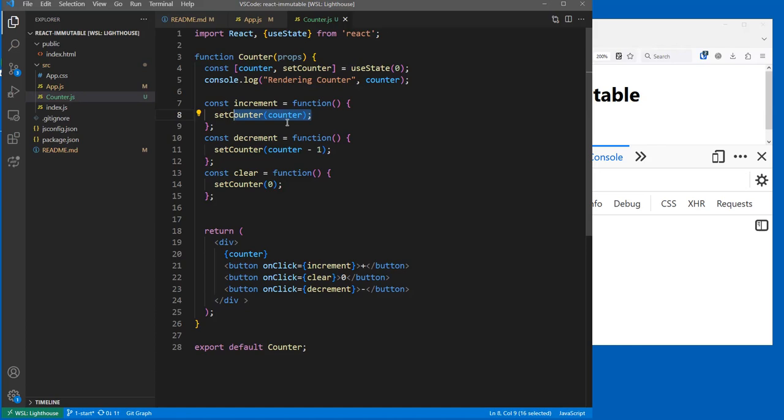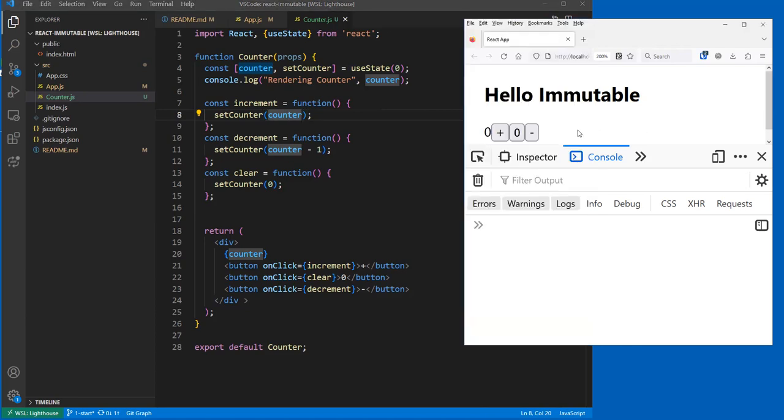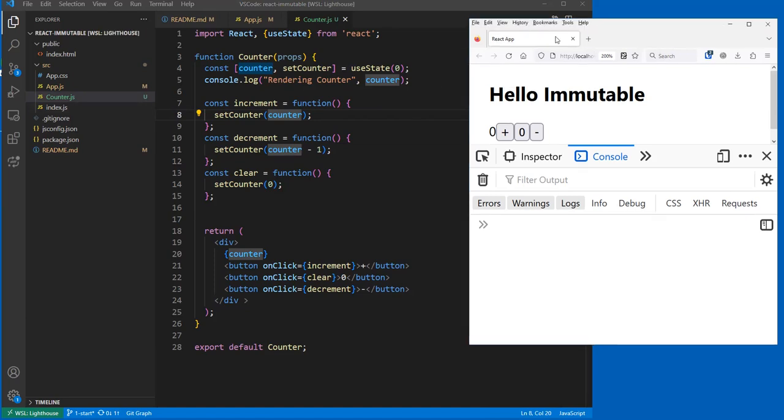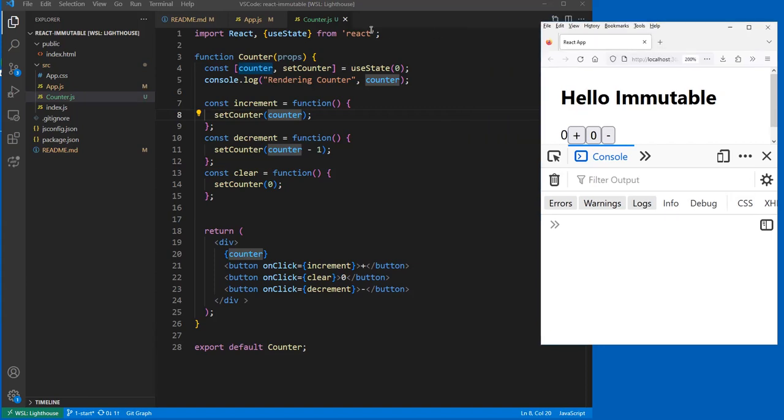Not just setting state, but a change of state. So React is smart enough to know that if you just give it the same counter, it's the same counter. I'm not rendering just for that. You didn't change anything in your state. There is no reason for me to update. Okay. In fact, let's take a look and do an example of what React actually does in detecting if state